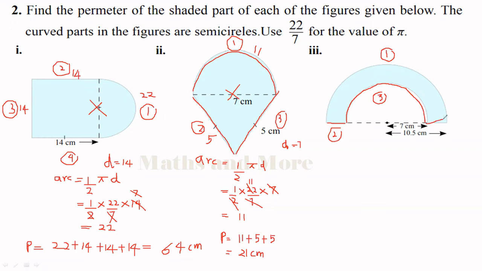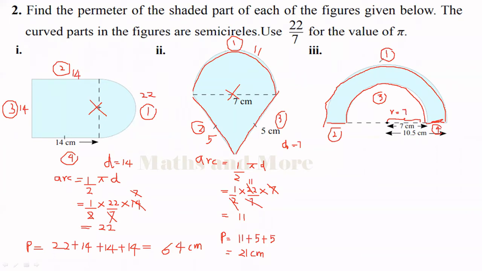Fourth one, length around the figure, no? This one. Fourth one. First one is this one. Try to draw that on this. Okay, you have to add all these sides. Length around figure is perimeter, so get all these lengths. But they have given from here to here, that is 7 centimeters. This distance. That means the small semicircle radius is 7.